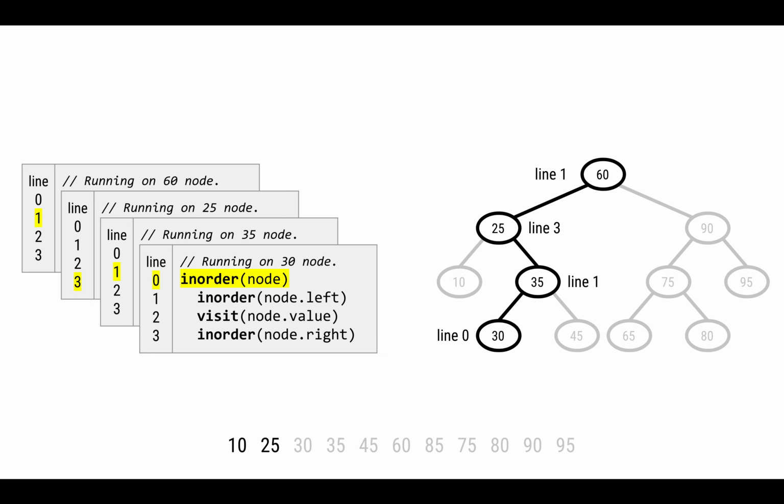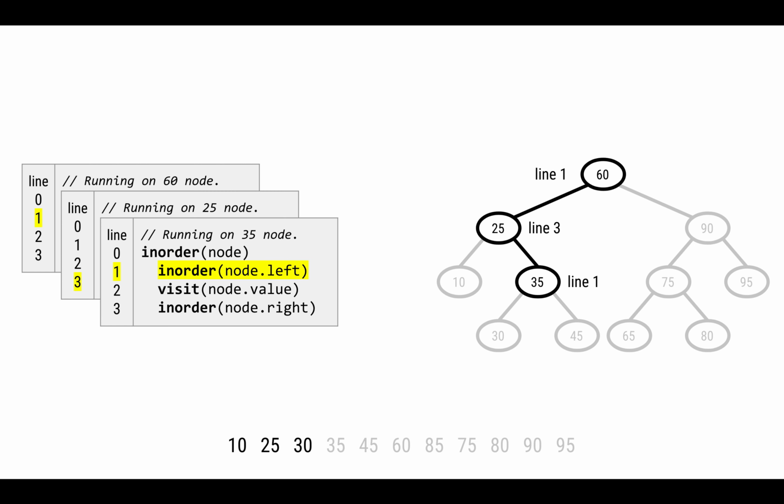We're on line 1. Now we're on the node 30. So we are opening up a new copy of this little code, this recursive code, and now we are going to run that on node 30. It has no left children, so we are going to visit the node 30, and we're going to look at its right children. It has none, and so we are going to go back and continue running on the node